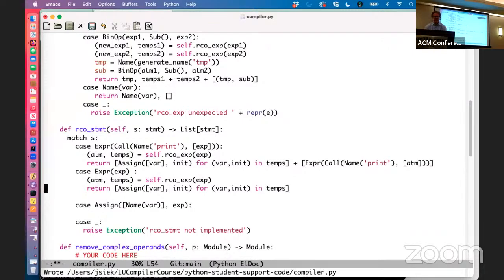I guess now, do we need to do anything with this atom? Is an atom a constant or a variable? Thinking back about the grammar, we need to think about the Python semantics for this expression statement, right? Which is to ignore the result, but you need to perform all the side effects. So really the evaluation of the expression gets into